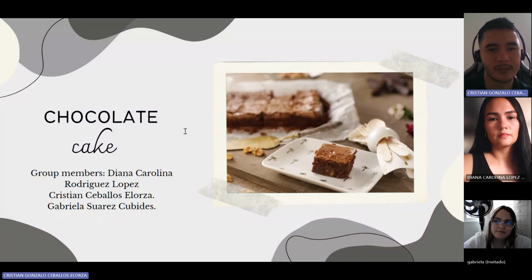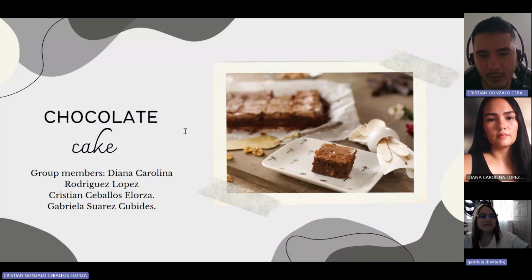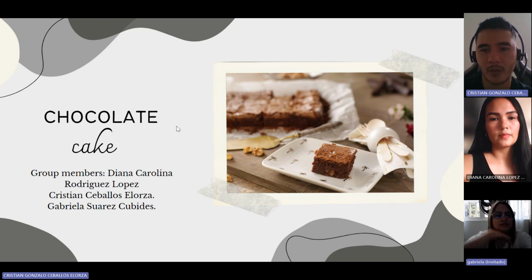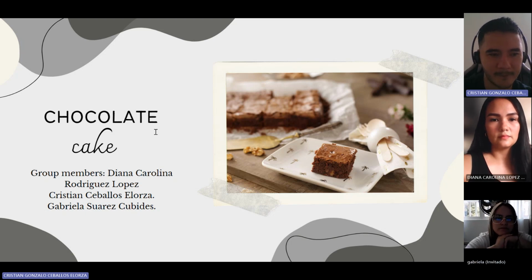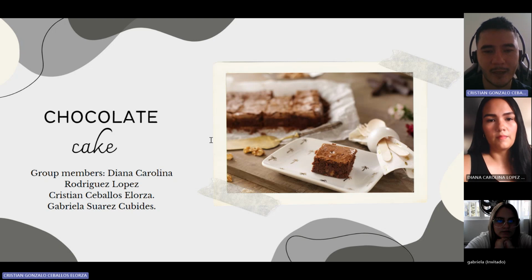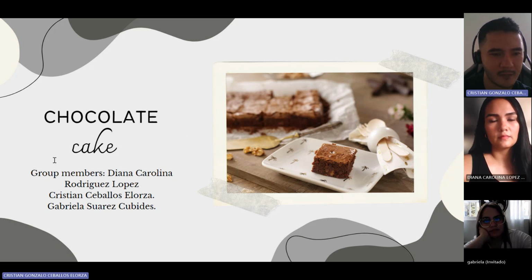We are here to explain the collaborative speaking task where we are going to explain how to prepare a delicious recipe. I'm here with my partners in this activity, Gabriela and Diana, and we are going to prepare a fantastic chocolate cake. First of all, we are going to show you the ingredients we need to make this preparation. The ingredients are